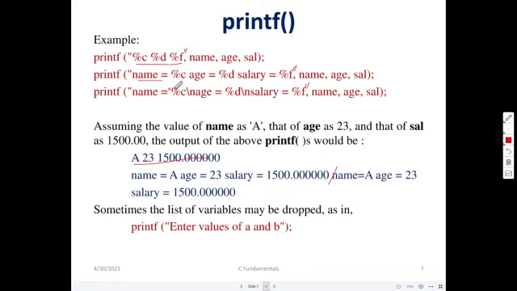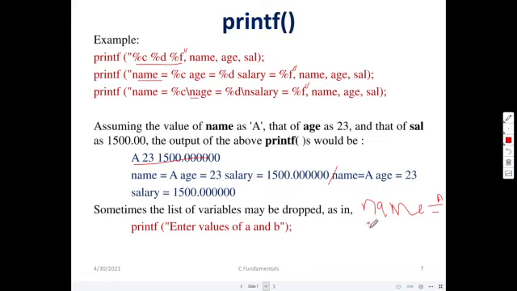Here name is equal to percentage D, age is equal to, and as far as this is concerned, there is a new line character. So first name equal to A will come, and there is a new line character.